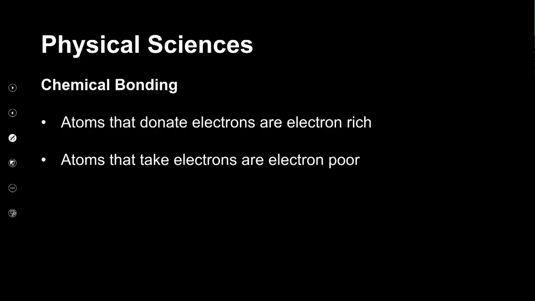Okay, so those that donate electrons are electron rich. It means they've got a lot of electrons, right? And then those that actually take electrons are electron poor. So for rich or for poor, but in the context of transfer, in the context of losing and gaining, this has to do with electrons. We're not talking about protons at this point in time,